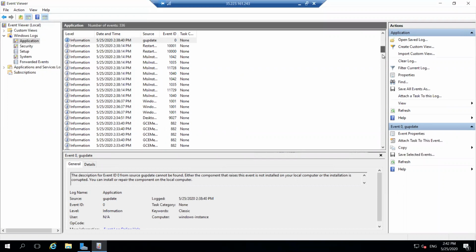Okay, so these are the logs. So here are some columns like level, date and time, source, event ID, and task.